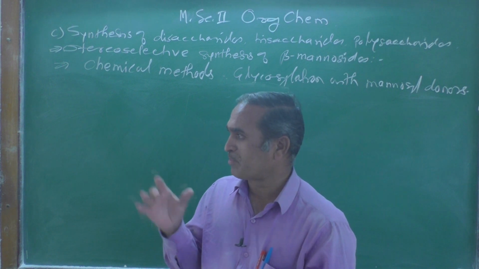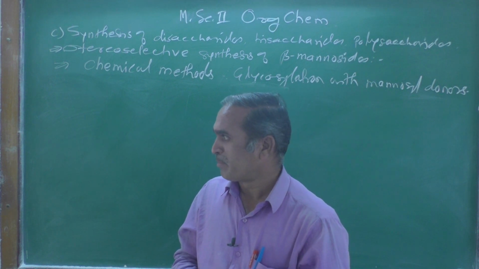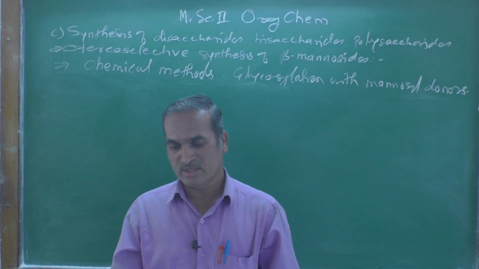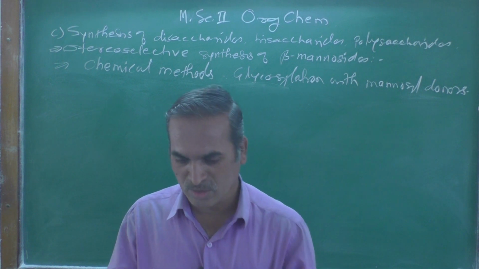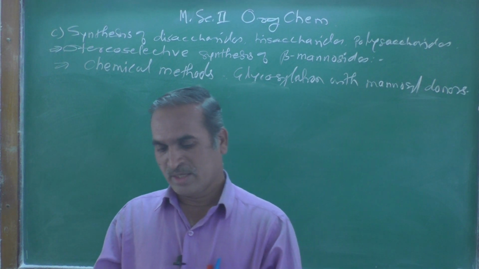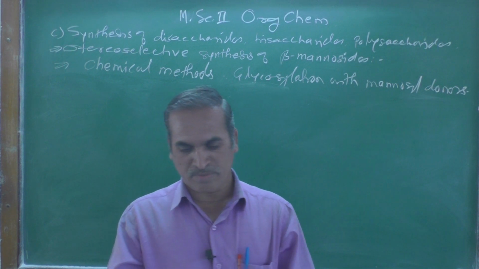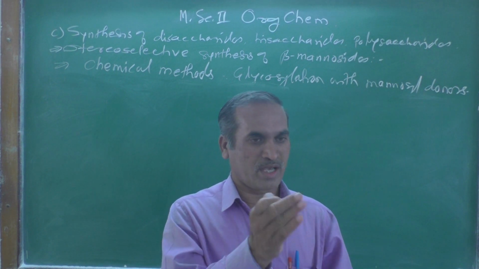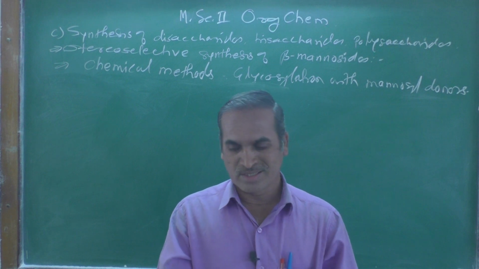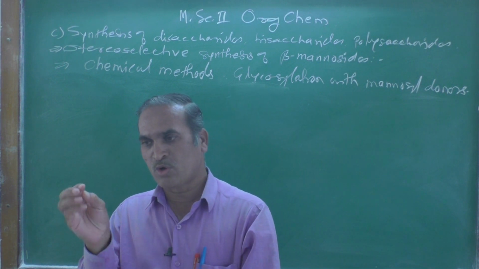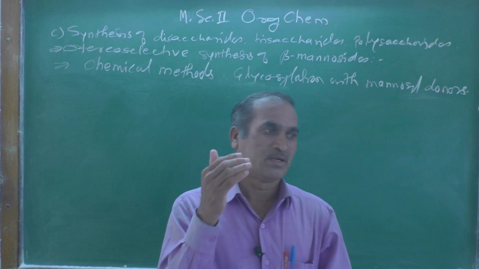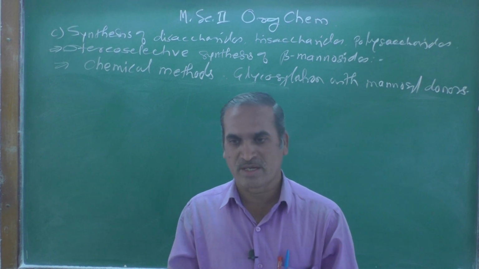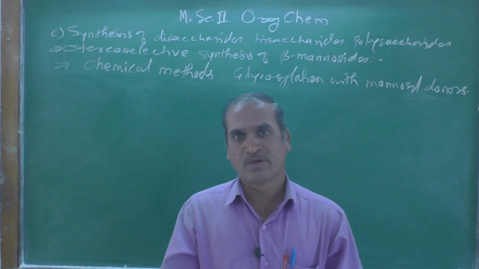That type of isomer is known as epimers, and they are optically active. On the basis of that, we have discussed some schemes on how to obtain the beta mannoside starting from